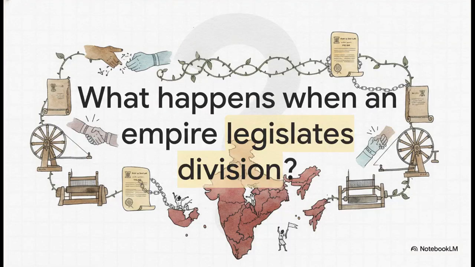And that brings us to the end of our explainer, leaving us with a pretty critical question to ponder. We've seen how the Swadeshi Movement introduced the game-changing tactics of self-rule, how the Surat Split broke the nationalist momentum, and how the Morley-Minto Reforms actively embedded religious and political divides right into the law itself. So if unity is strength, what happens when an empire literally legislates division?